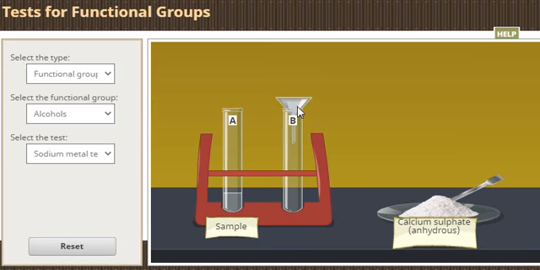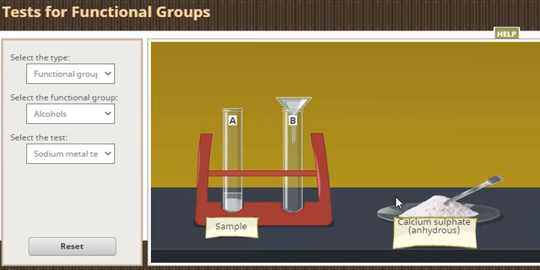This is a funnel in which the filter paper is attached. So in test tube A we have the sample, to identify whether the alcohol is present or not in the given sample. First of all, we have some calcium sulfate anhydrous in a petri dish. Now take a spatula of calcium sulfate anhydrous and mix it with the given sample.